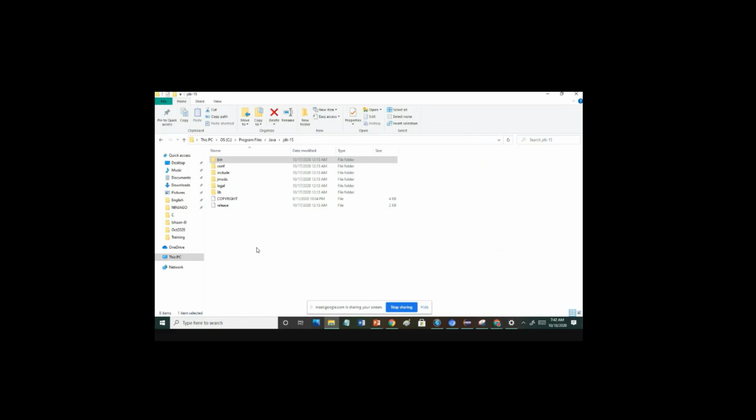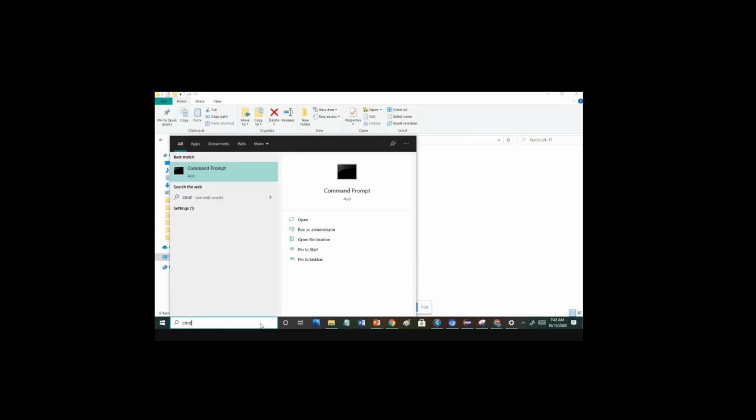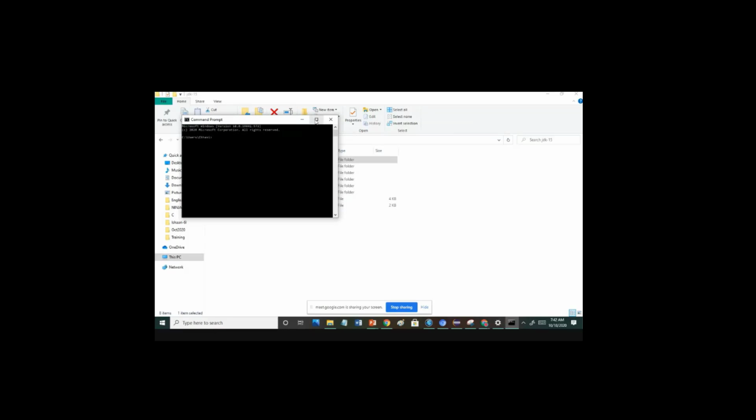So again, you go to the command prompt, which will open this window. Just write what we have written before, java space hyphen version.